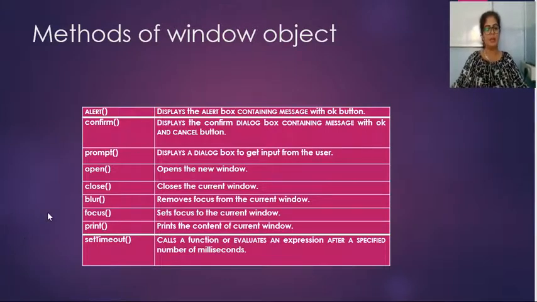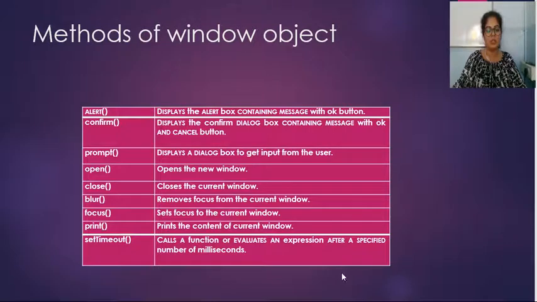Next is print. It prints the content of current window. Set timeout. Set timeout means, for example, you want to set a time so that after clicking on this button, it displays a message after 2 seconds or after 10 seconds. So you can use this function to set the time.